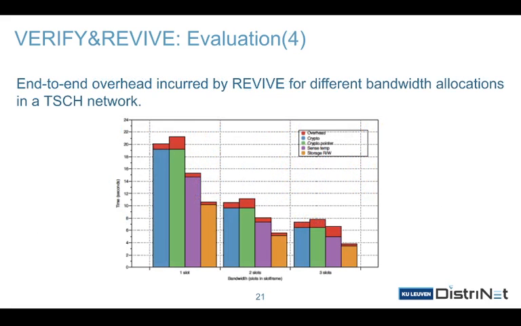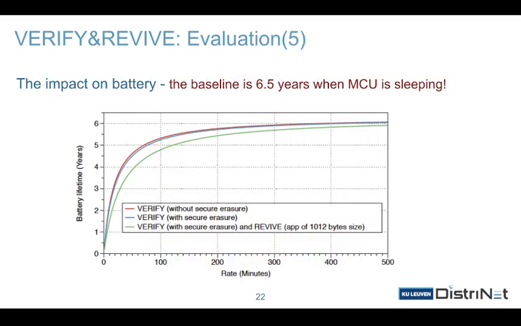And this is what we have in terms of time overhead of deploying these 4 images using different configurations, and the worst case scenario would just never exceed 8%. In terms of execution time, since this is something really correlated with the battery lifetime, we showed that running Verify and Revive is very efficient in its impact on the battery itself, and the battery would last for more than 5 years if running the attestation routine every 2 hours or more.